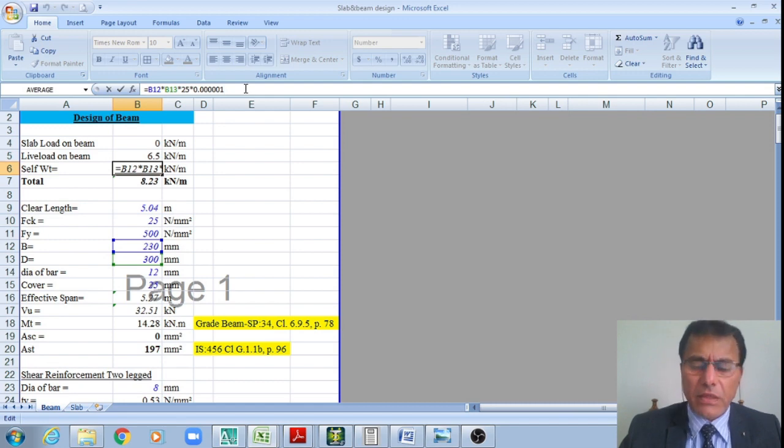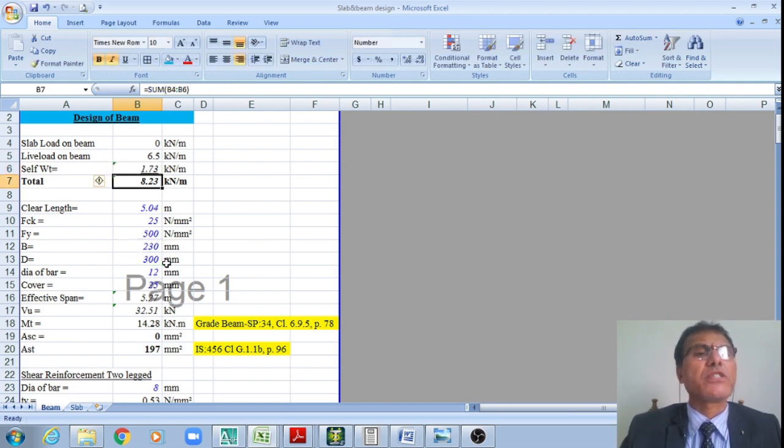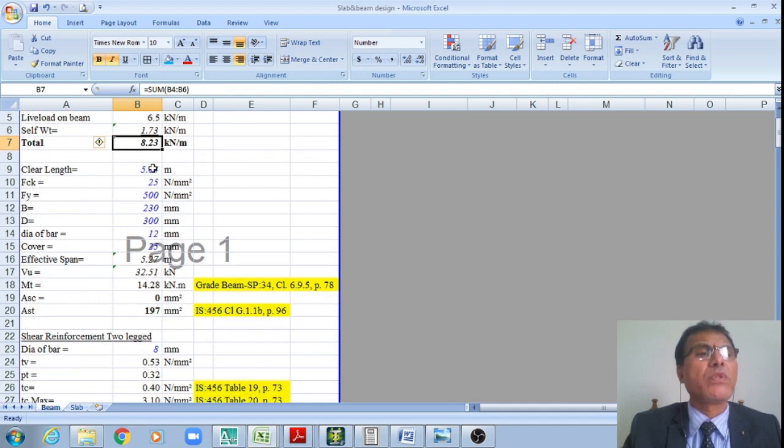Now the plinth beam dimensions are assumed as 230 by 300. Therefore, that multiplied by the density of concrete, 25 kilonewton per meter cube, works out to say 1.73 kilonewton per meter. Therefore, the total unfactored load is equal to 8.23. However, if I go to this